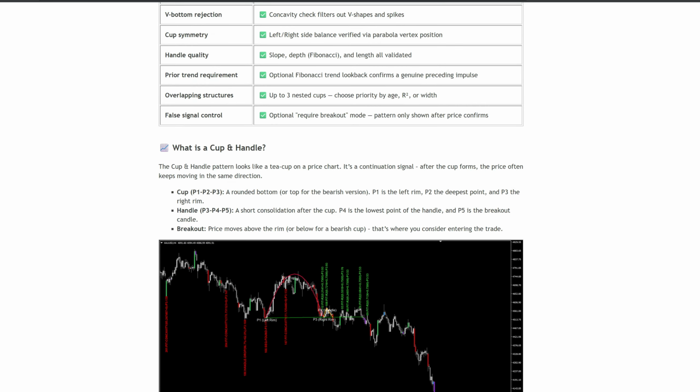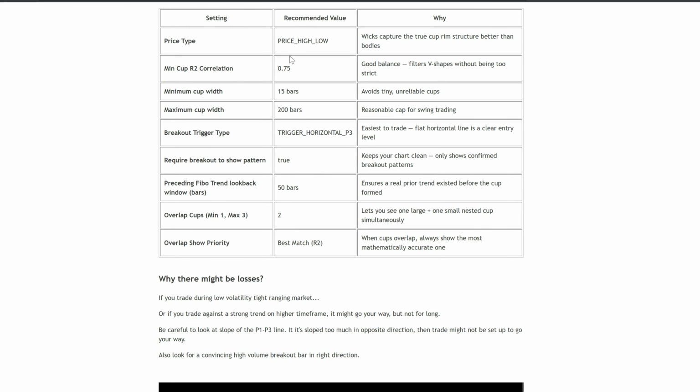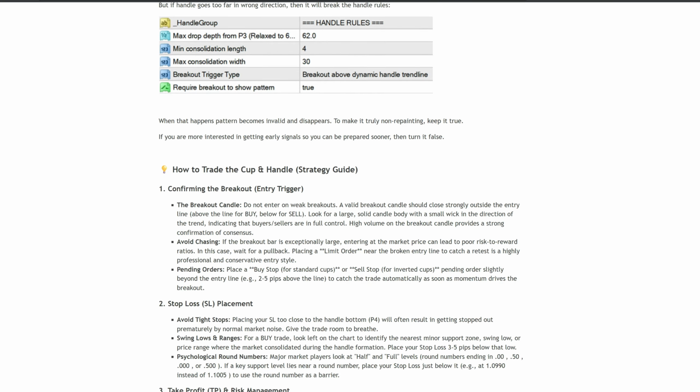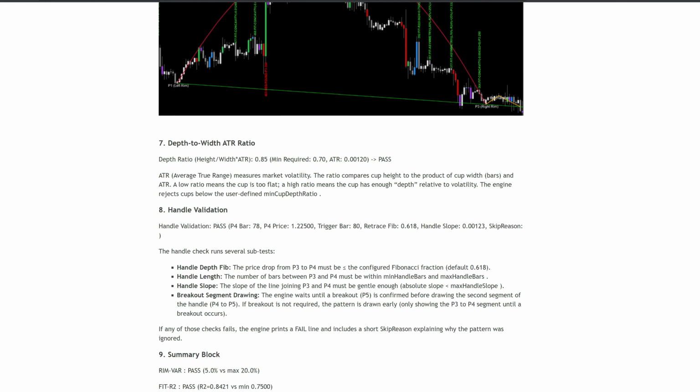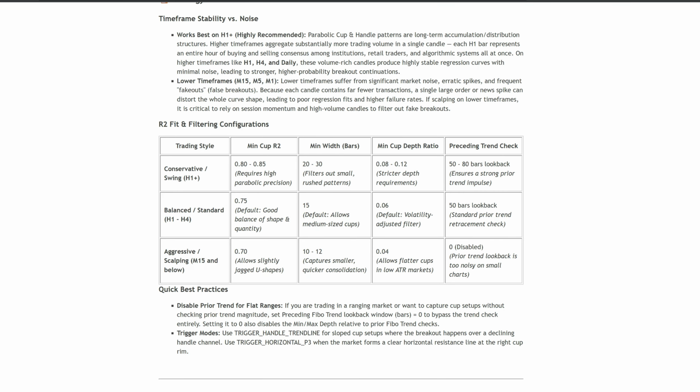This one has everything in much more detail on exactly what all of these messages mean and exactly what each of those settings does. And it also has a cheat sheet for, suppose you are trading scalping or you are trading different kinds of signals. In that case, you can use that. Like these, the R2 coefficient will be much more conservative and it will require very high parabolic precision, and you can change these. So it will give you all the conservative settings to find those swings. This one, default settings, these are balanced. And for aggressive scalping, if you want even more signals, in that case you can use these settings.